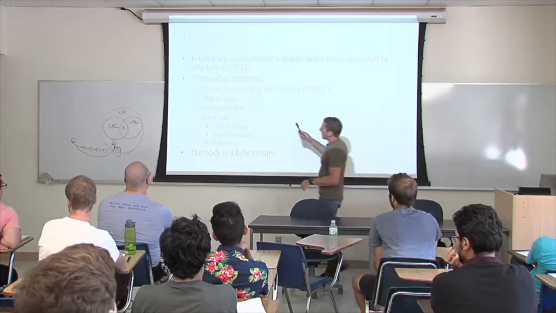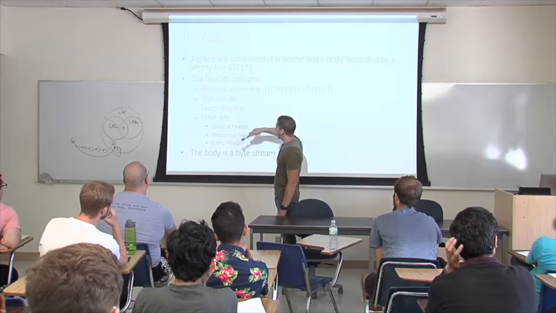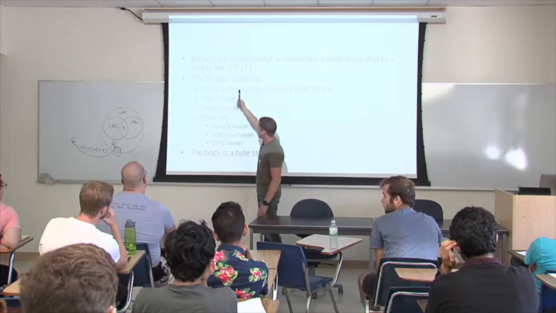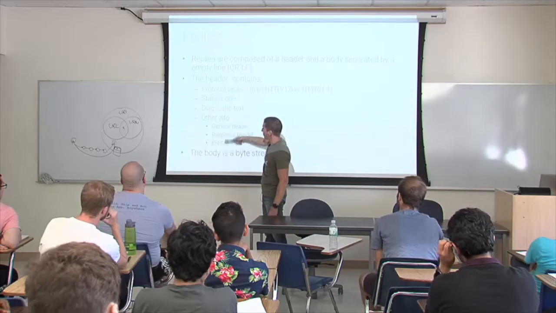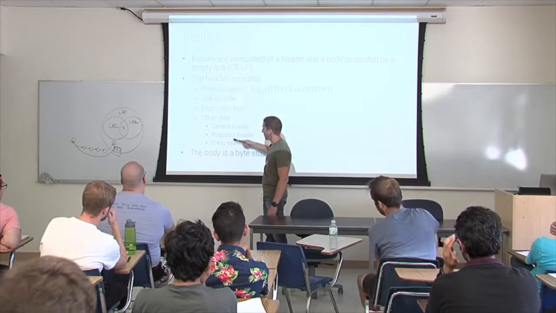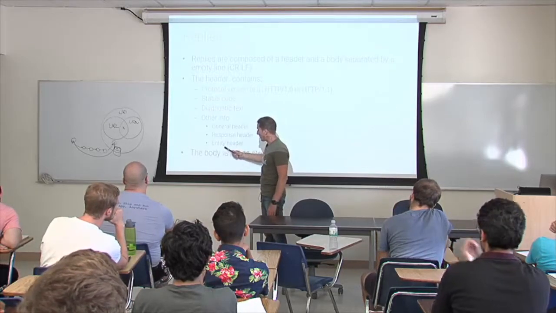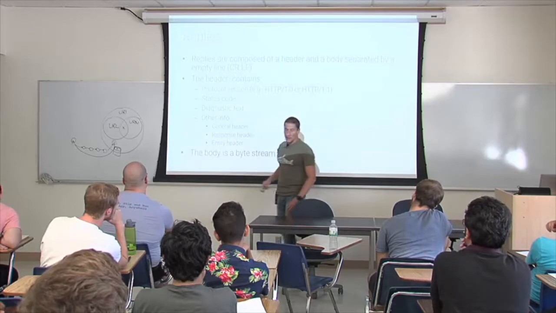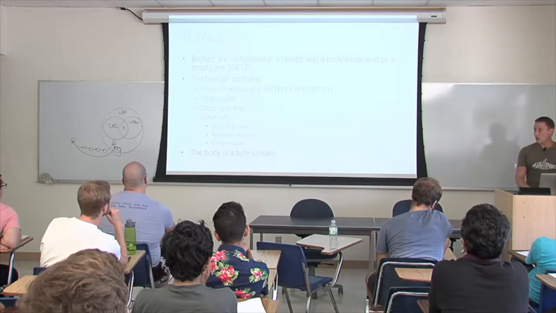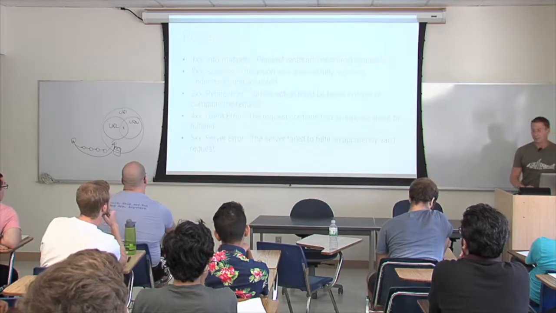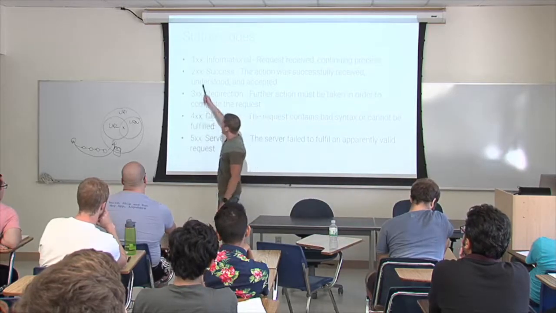Replies in HTTP, again, are a header, carriage return line feed, and then a body. The header contains the protocol version, status code, some text, and then headers that are, again, some general headers, something that affects the response, and something that is relevant to the entity that is returned. And again, the body is considered a byte stream. So it could be binary, it doesn't have to be ASCII. Status code, you're probably very familiar with the 200 code.